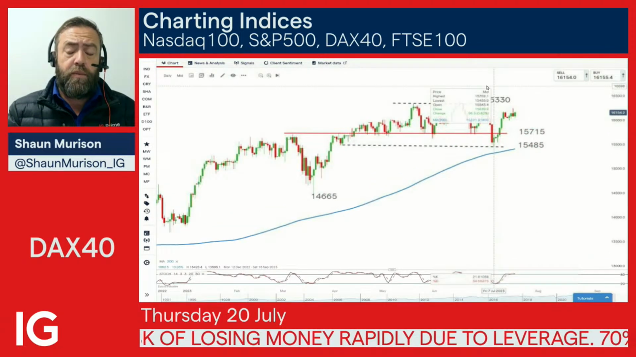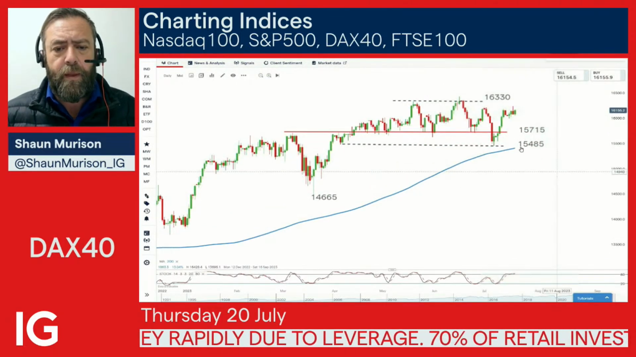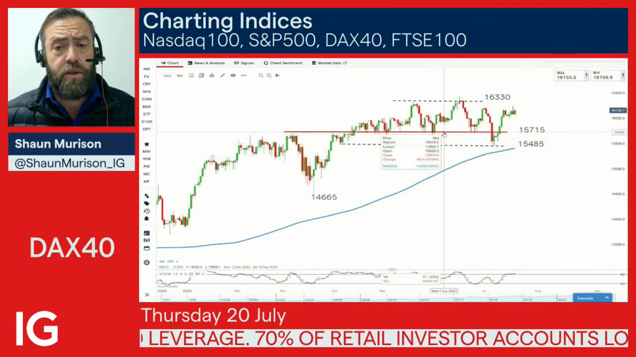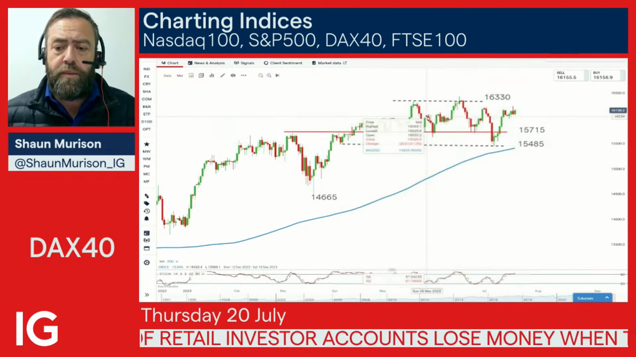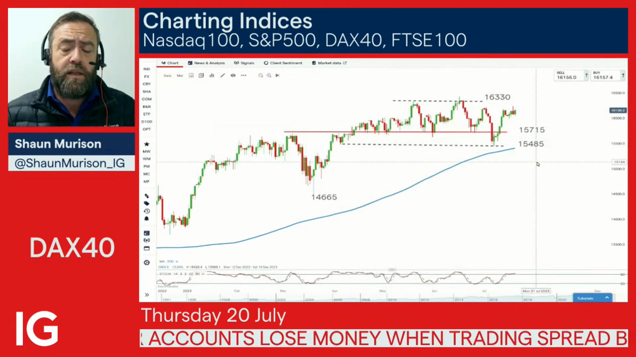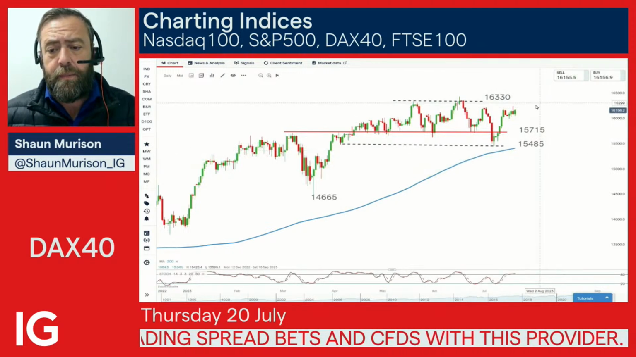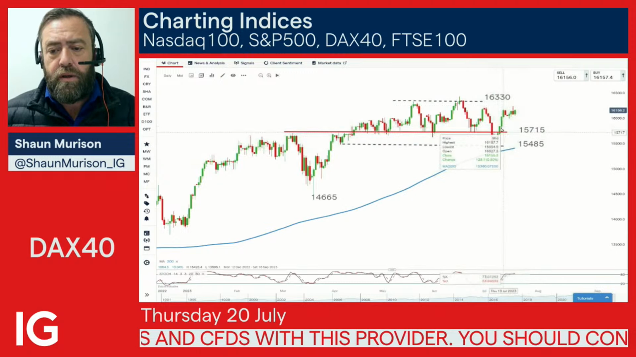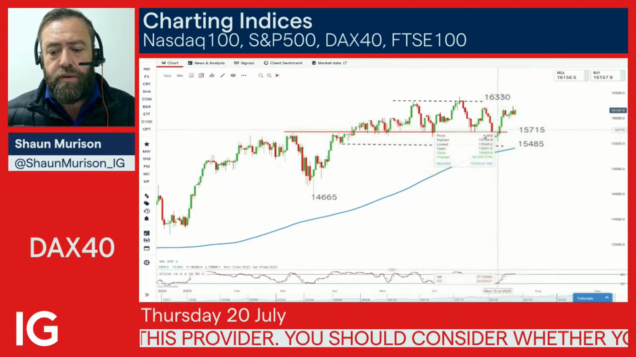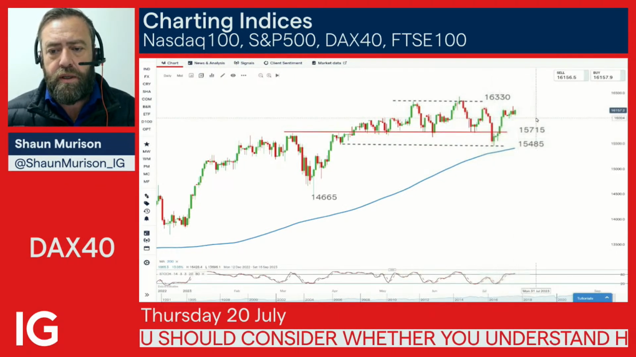When we look at the DAX, so moving over to Europe, we can see that we are sitting in a short to medium term range bound environment. That range bound environment is considered between levels 15,485 and 16,330. Last we looked, we were looking at this reversal from more or less oversold territory, and we're targeting a